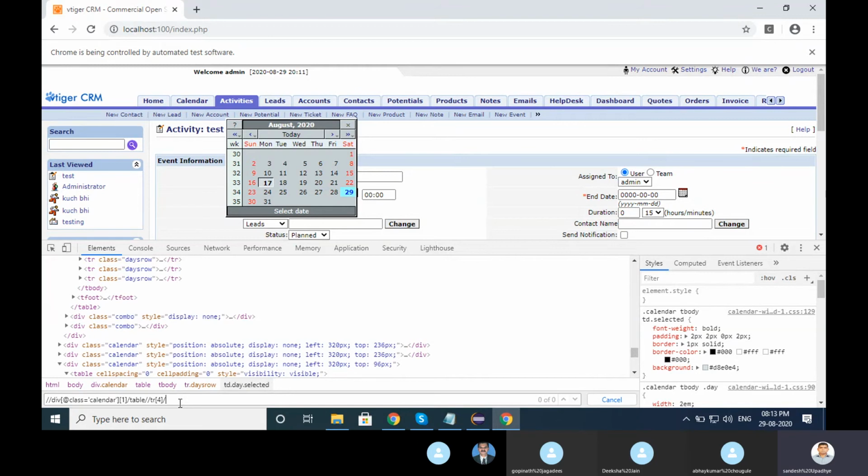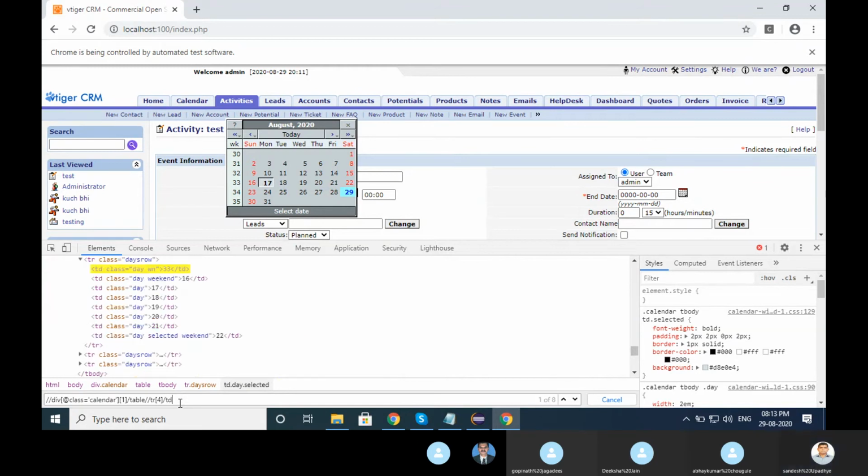And third, simple way you can look here. 1 and 1 we got, right?